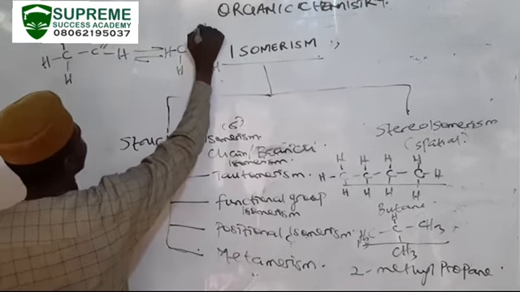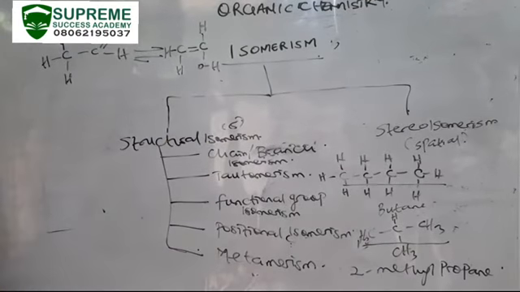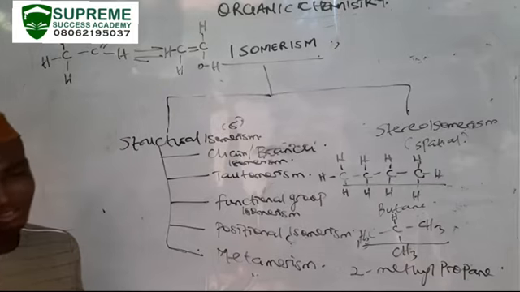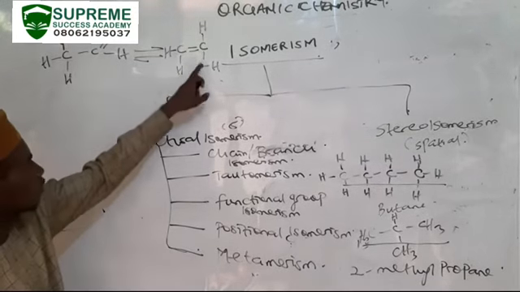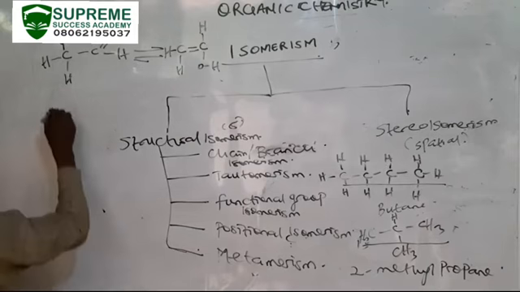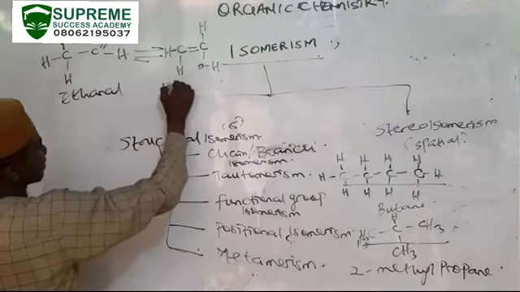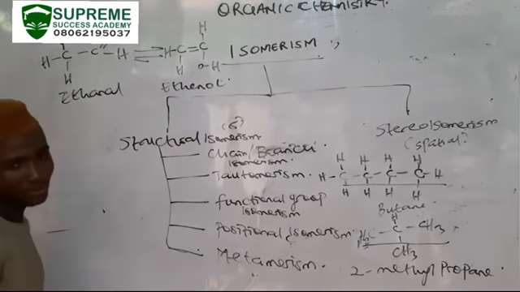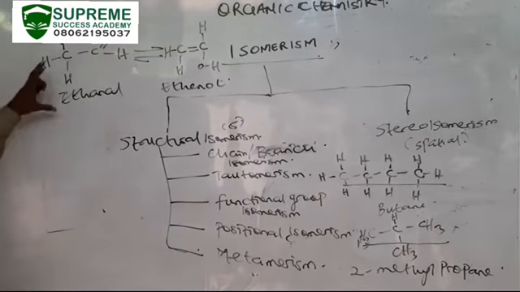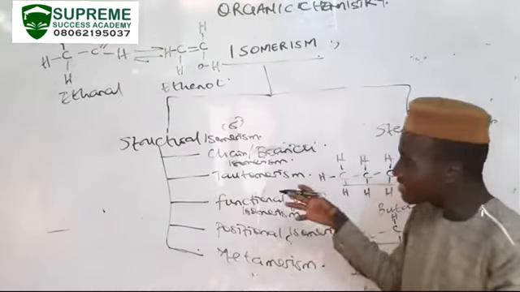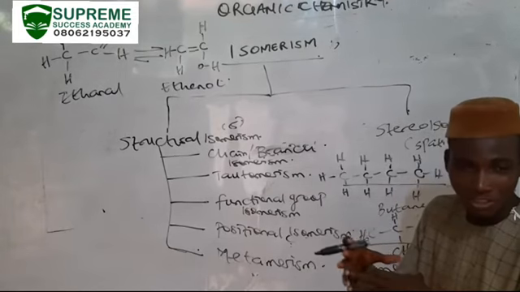Remember that when you are drawing organic compounds, the number of bonds surrounding your carbon should not be more than 4. That is because carbon is invariably tetravalent. It must always have a valency of 4. 1, 2, 3, 4. So this is ethanol, and this is ethenol. So the process whereby one is converted to the other and they exist in dynamic equilibrium with each other